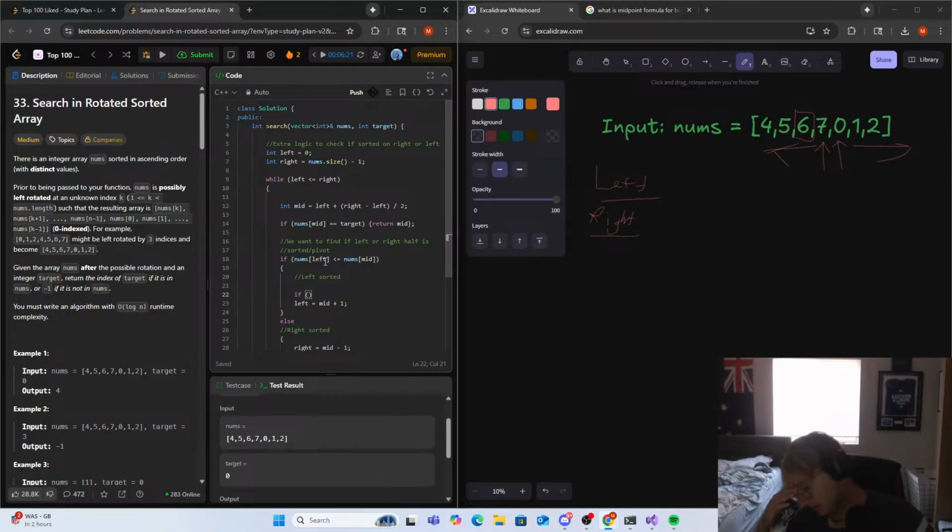Probably need to check some other if here. Here I feel like we actually have to do binary search now, right? So we would do, if nums mid right is greater than target,